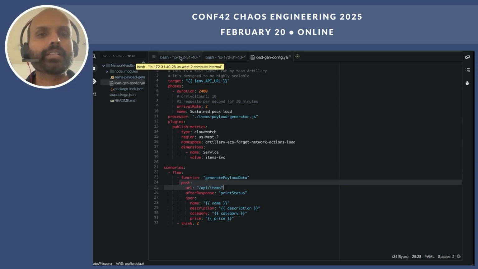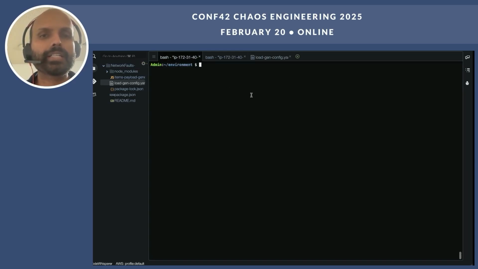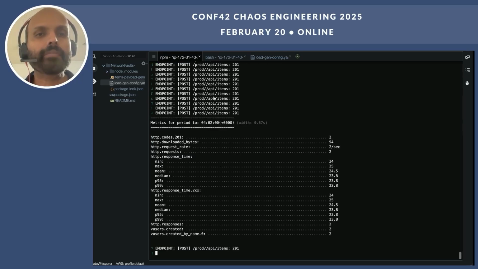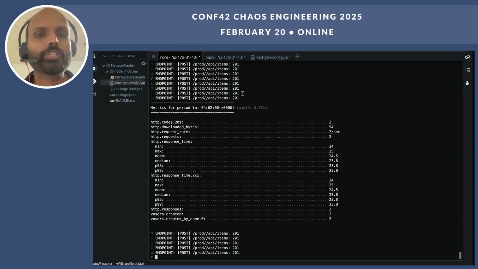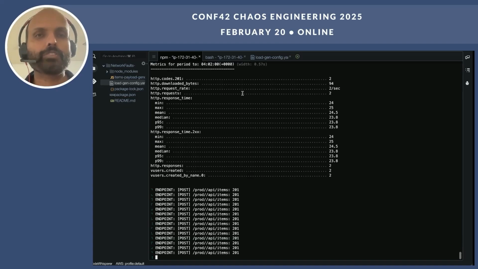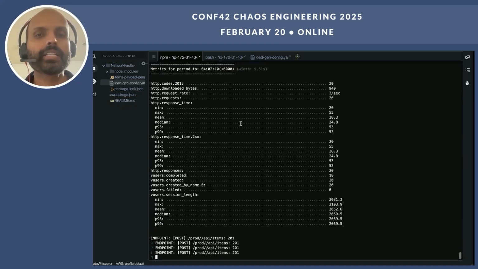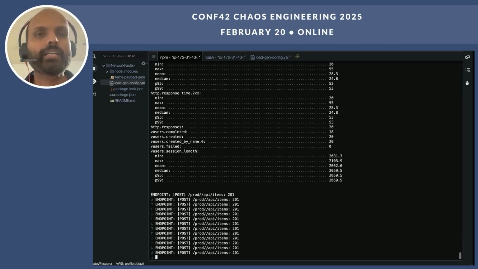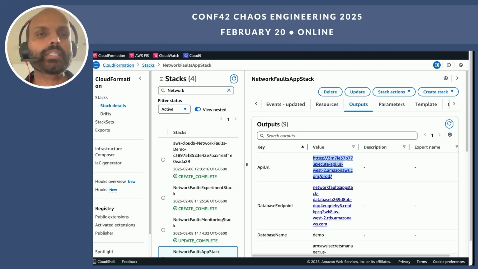So let's go to our Cloud9 IDE console and kick off that load generation script. You can see here the load generation tool is hitting our API endpoint and getting a 201 item created HTTP status code. That's good. So let's keep the load generation script running here while we go take a look at our ECS cluster.